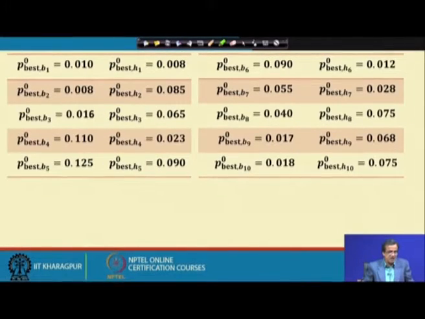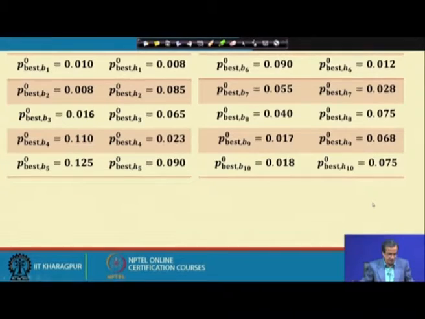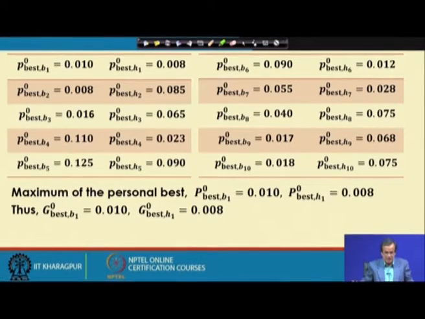Now, the combination of the design variables which is going to give the maximum value of the objective function is nothing but this. Corresponding to this I am getting the maximum value for this particular objective function, and once you have got the maximum value, I can assign that this is nothing but the globally best solution. So, the globally best solution is nothing but this, corresponding to which I am getting the maximum value for this particular objective function.